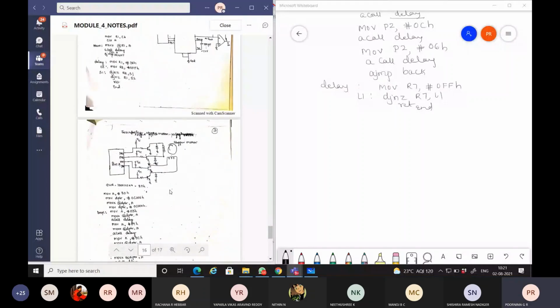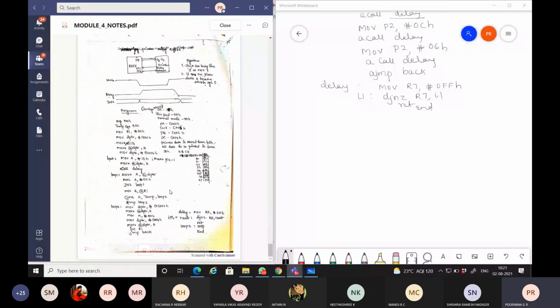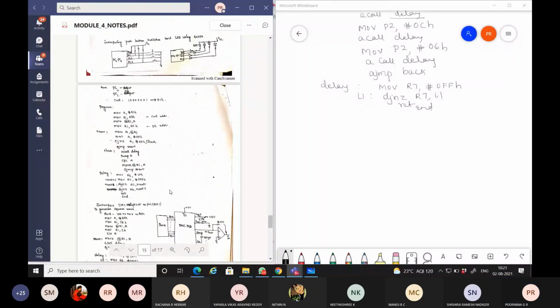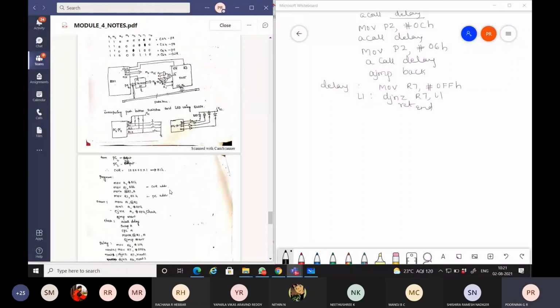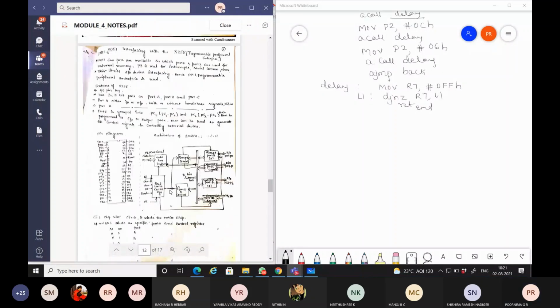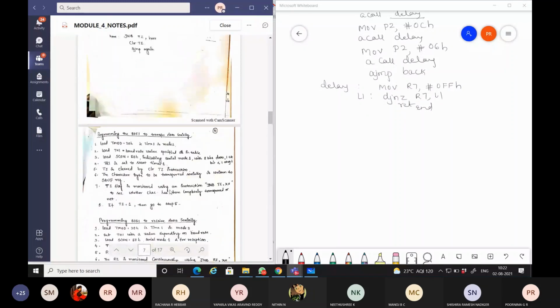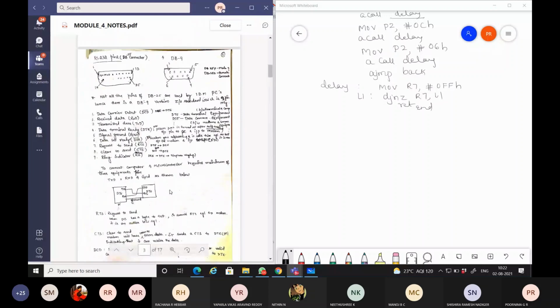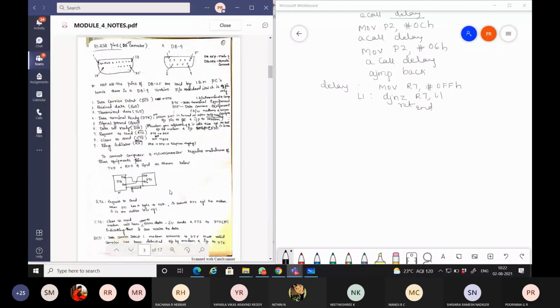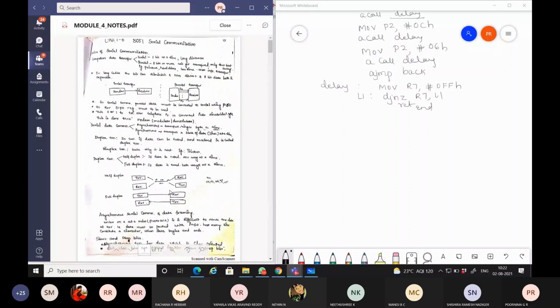One minute. The next interfacing is LCD, right? Students, as per your syllabus, whether DC motor interfacing is there or not, please check with the syllabus.